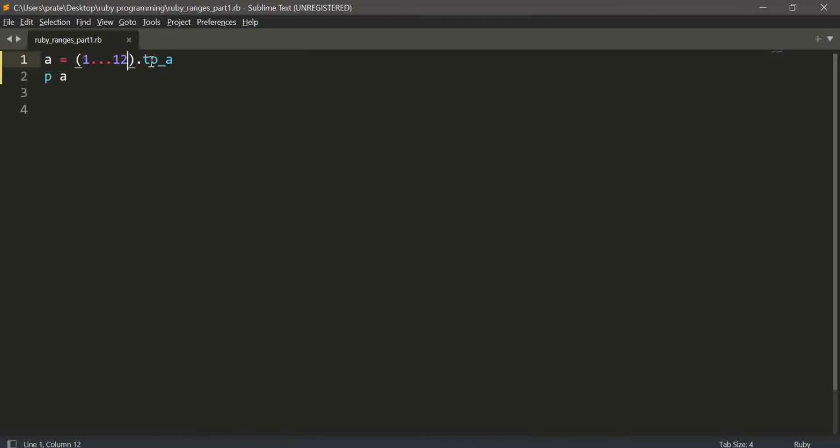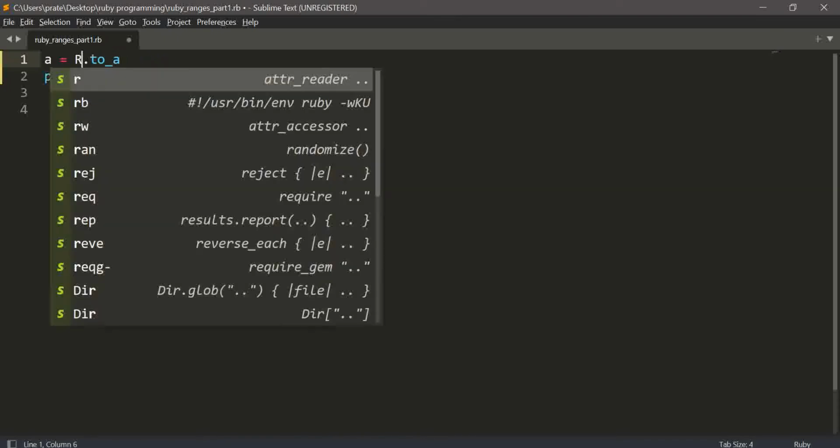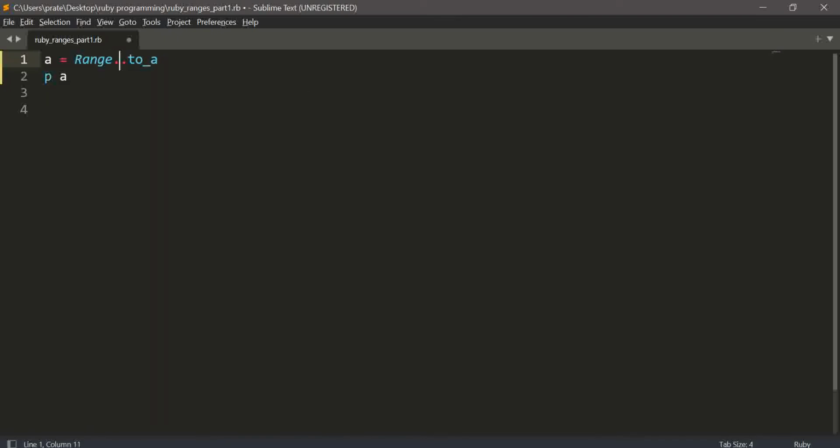Okay, so let's try another syntax. The next syntax is using the Range.new method, and I want the range from 1 to 12. And if I want to exclude the end value, then I will give the exclude end parameter.